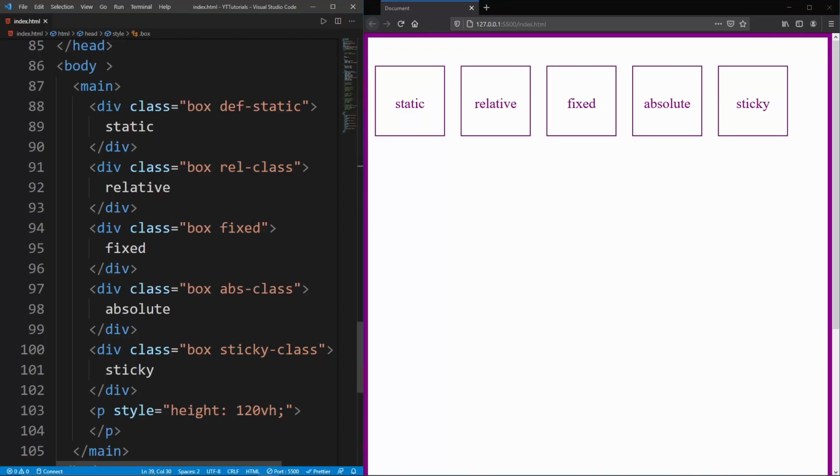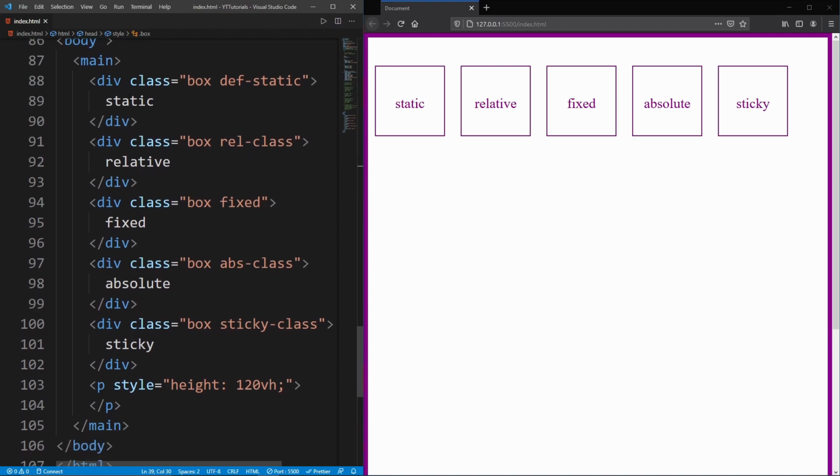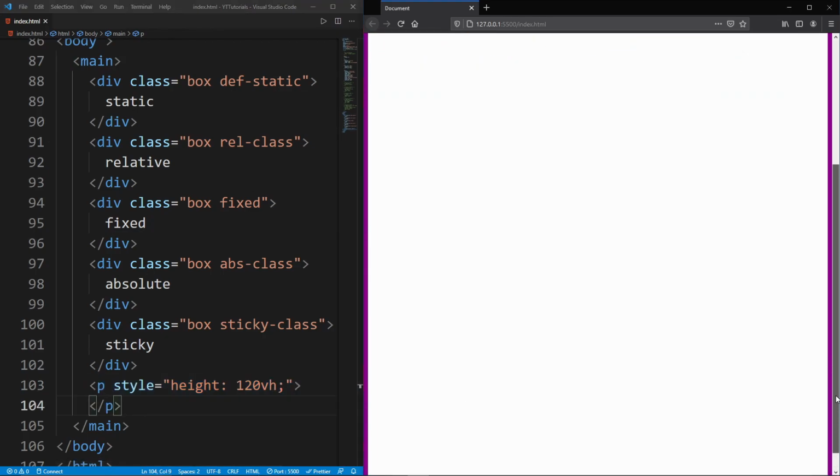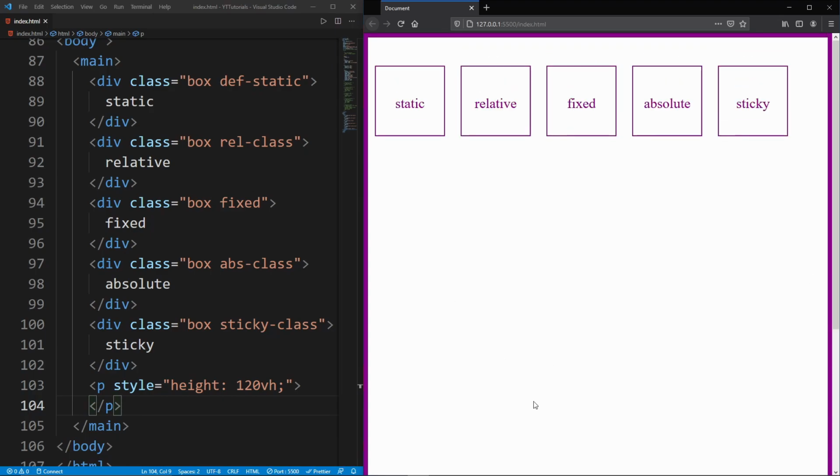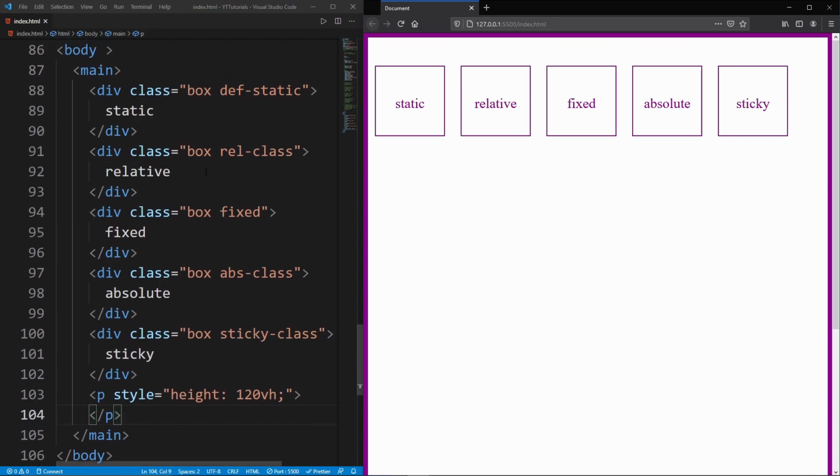Okay, so as you can see here, I have some boilerplate code. Besides boilerplate code, I have one main tag which acts as a parent tag for all these div tags. I have one simple, empty paragraph tag, so that we have this space, and we will use this space later, and you will understand why we have this empty space, because I need this scroll bar. And now we also have certain boxes. So all these boxes will show us how certain style or position property works.